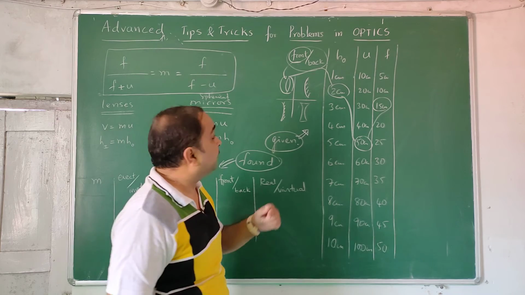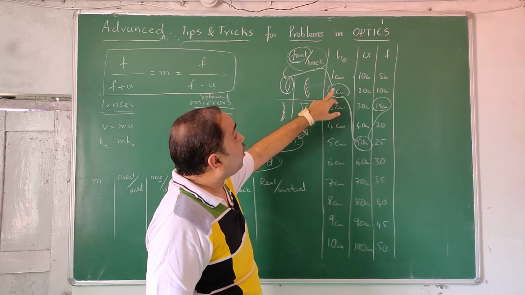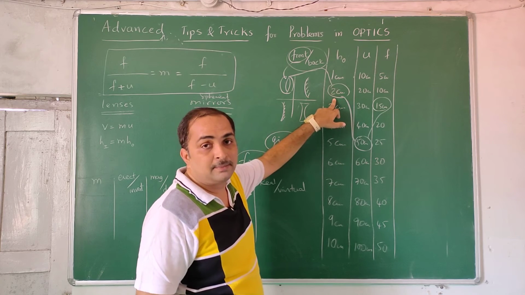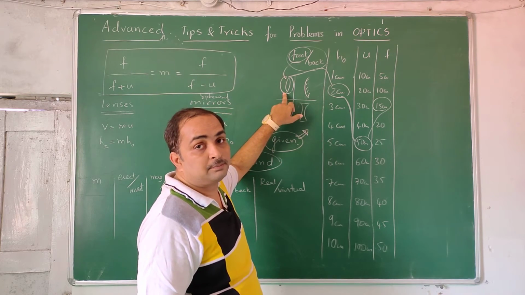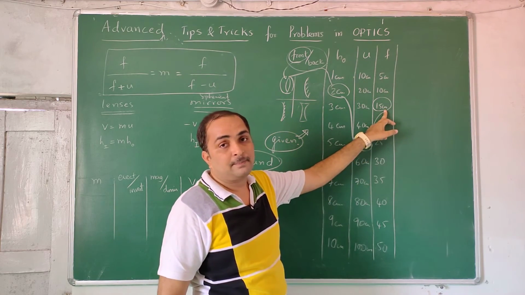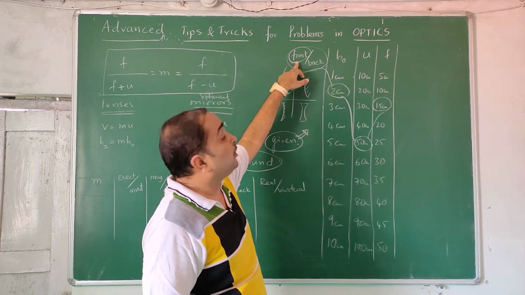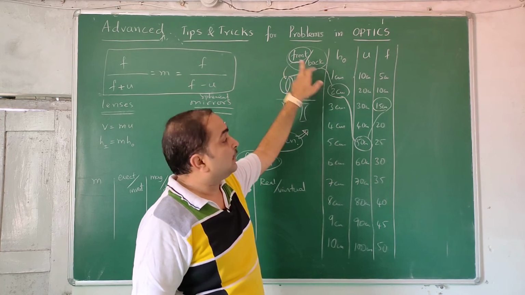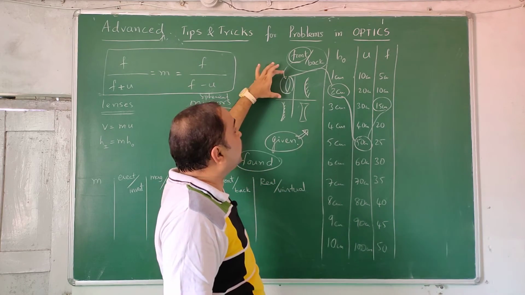I read it once again. An object of height 2 centimeters is kept in front of a convex lens of focal length 15 centimeters, at a distance of 50 centimeters in front of the lens. They combined this, and that created one problem. Now by changing numbers, you can create so many problems on the convex lens.